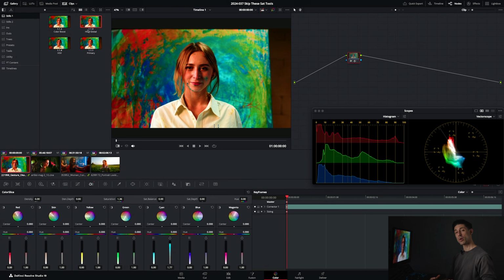So I hope you enjoyed this walkthrough of saturation, not only the saturation tools that we should avoid inside of Resolve and better alternatives, but what to look for in a saturation tool, and I hope you've gotten a better understanding of what makes a saturation adjustment successful or one that is less successful, or feels overdone, or feels like it's got a colorist's hands on it. There's a lot to understand about saturation, and maybe the biggest thing to understand about it is sort of similar to the way that I learned about contrast